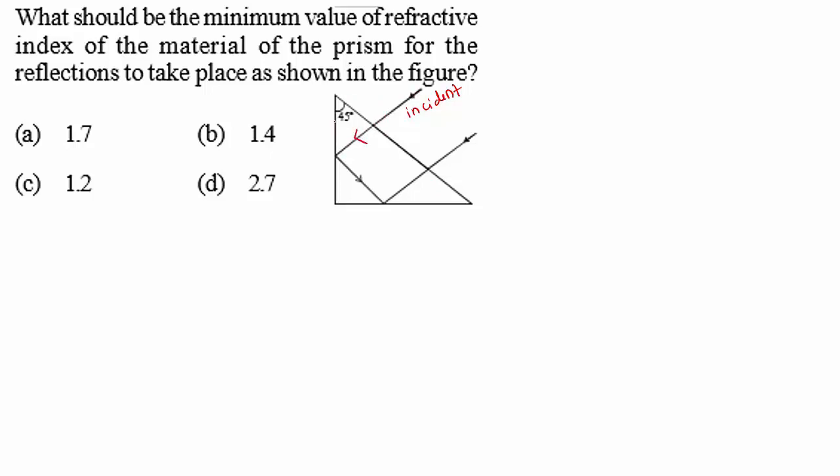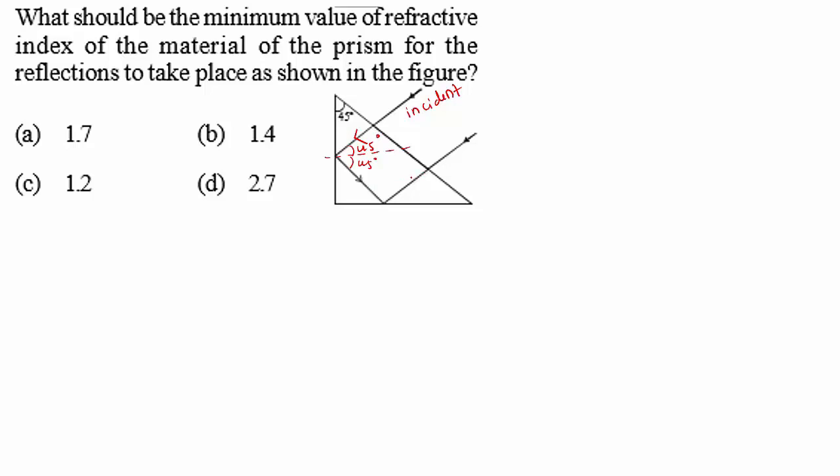When the same ray of light falls on another refracting surface of the prism, it is going to be incident at 45 degrees. This is the angle of incidence and this is the normal. Here it is 45 degrees, so totally it is turning back by 90 degrees. Again it is going to fall on the third refracting surface of the prism. One more time refraction of light takes place, and finally this ray of light emerges. So here total internal reflection of light takes place in that prism. We can use this method in binoculars or in any optical instruments.